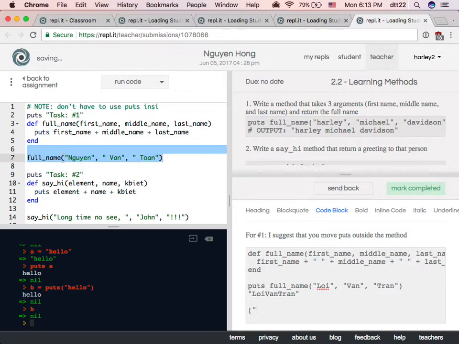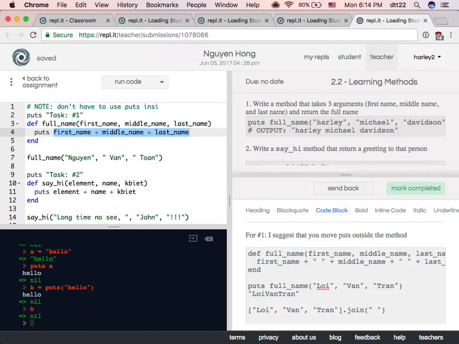Remember we learned the other day? We have Loi, Van, Tran. This is an array, you can use the method join. If you do join by itself, then it's the same as this. You join with empty, right? Empty. It's also empty. But you don't want this, you want to join with this.